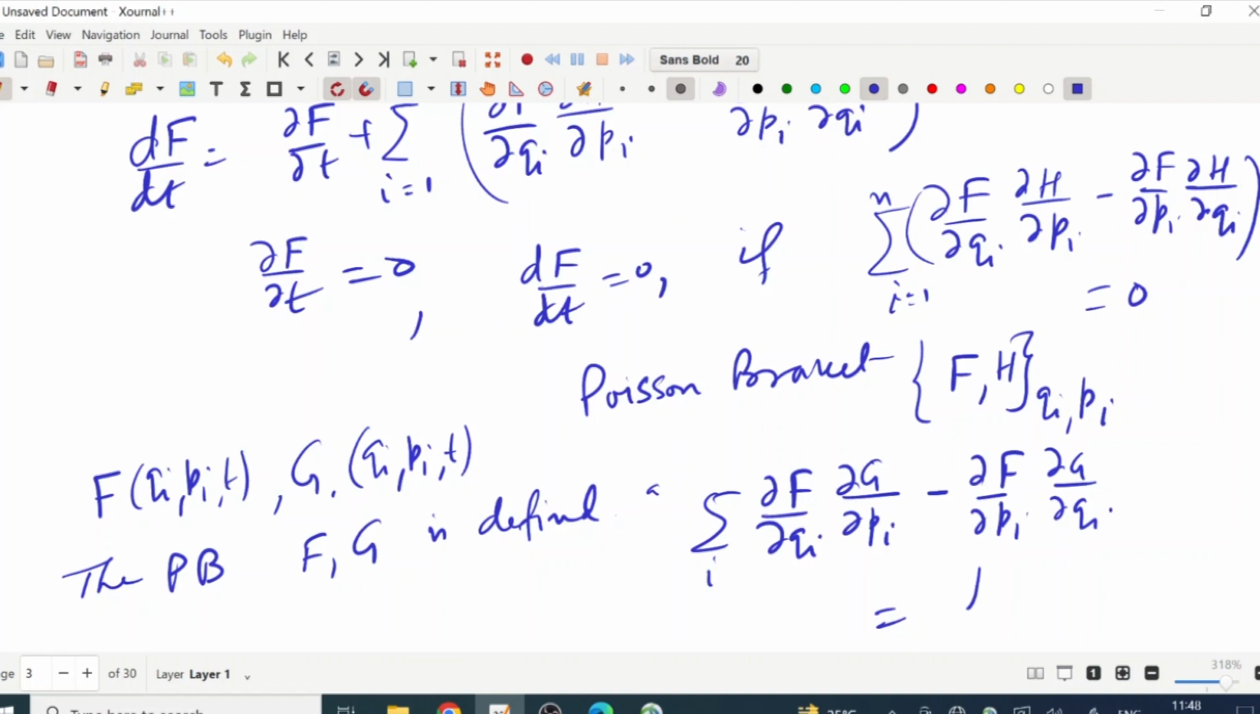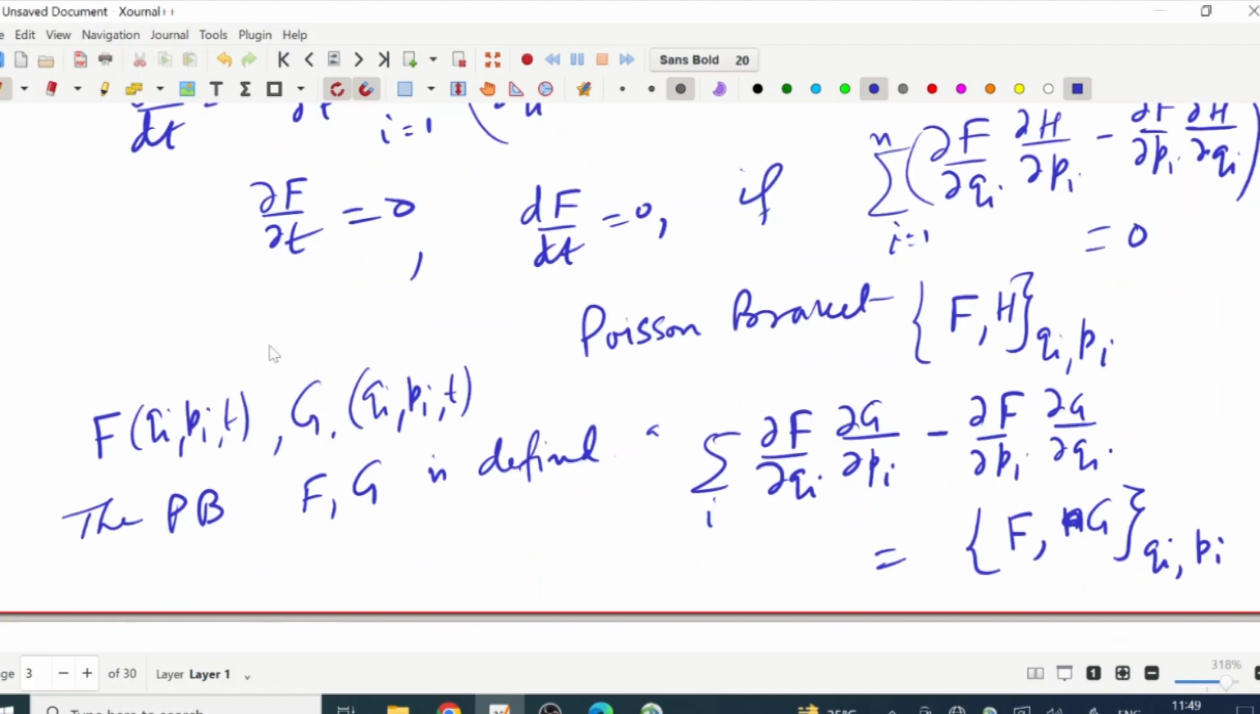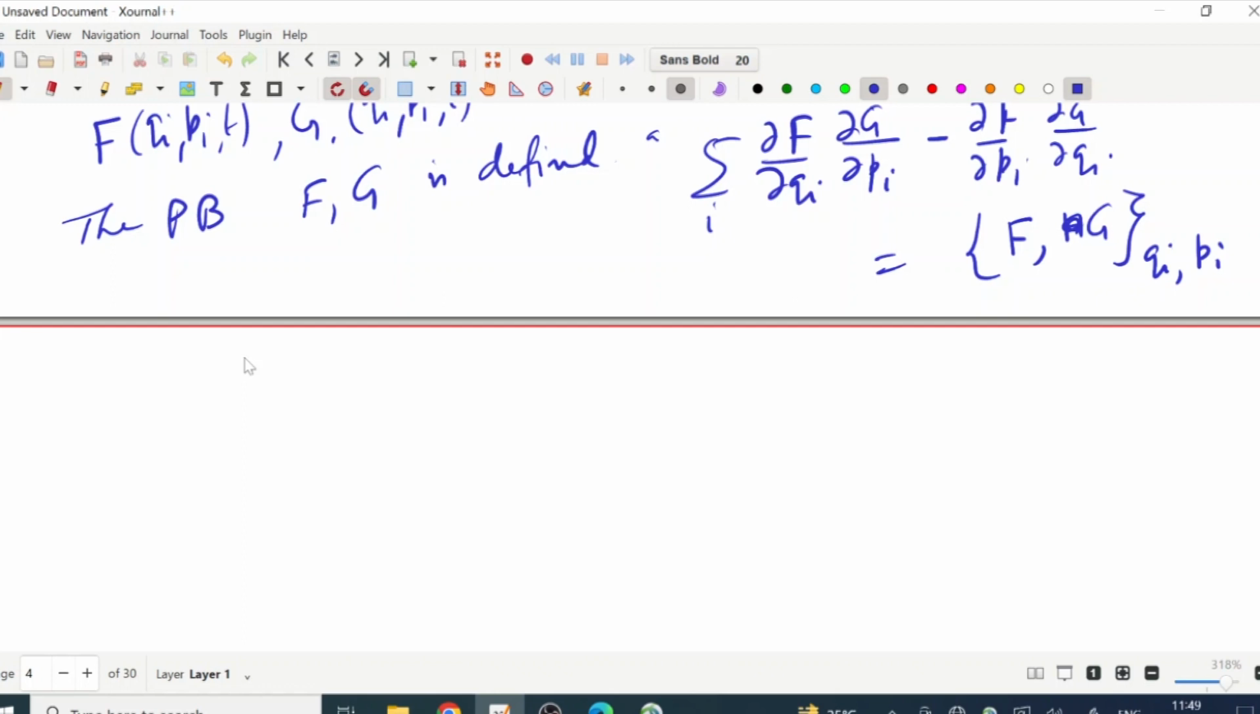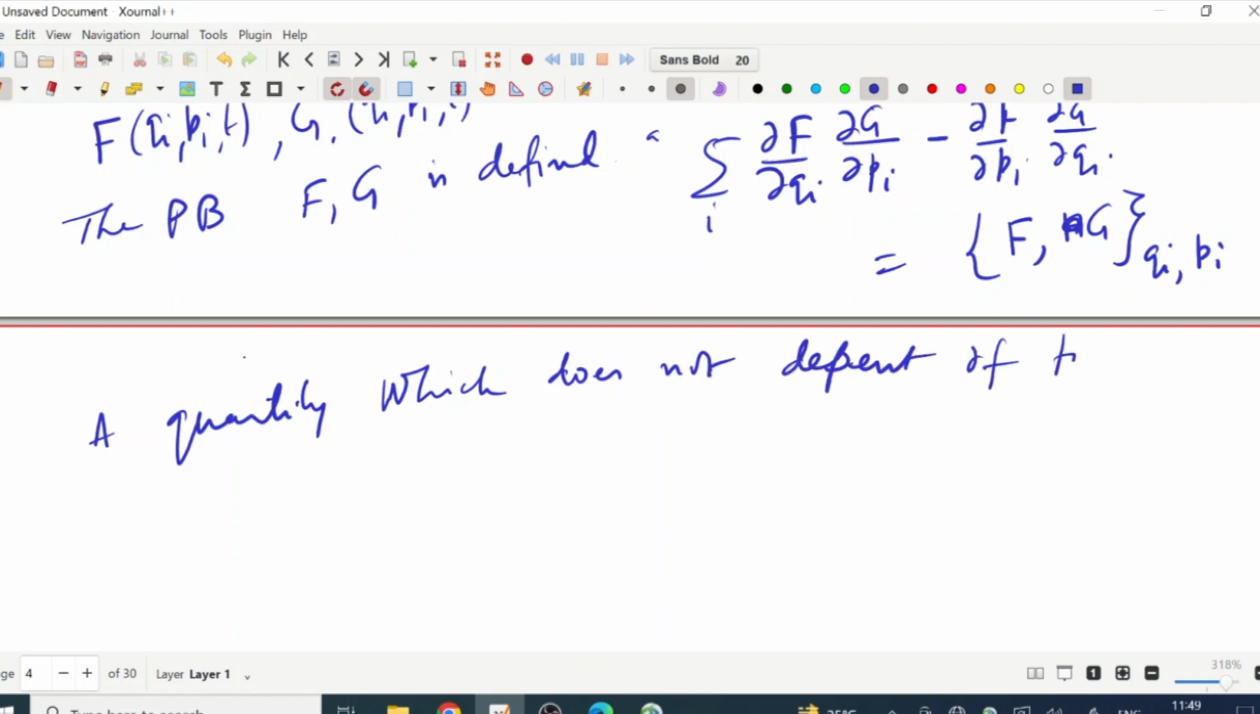This is denoted as the Poisson bracket, and the symbol for the Poisson bracket is the curly bracket we write. So, {f, g} with respect to the variables qi and pi; this is important. Using the Poisson bracket we can say a quantity will be conserved. A quantity which does not depend on time explicitly will be a constant of motion